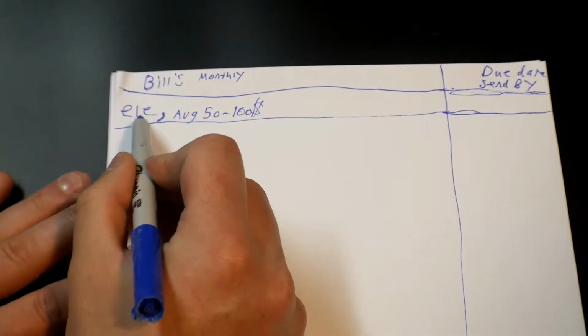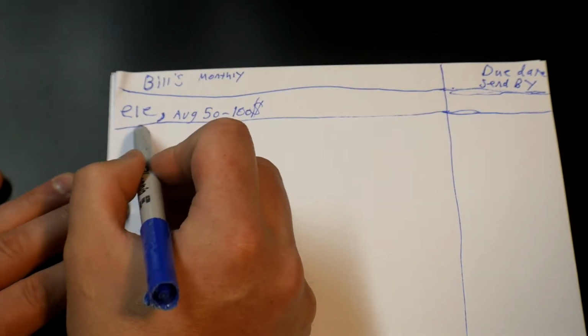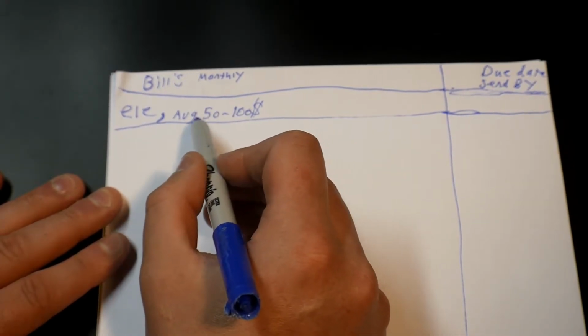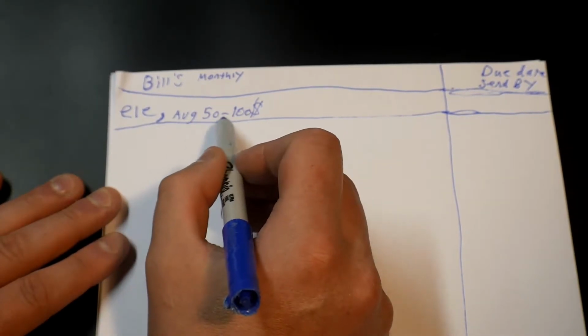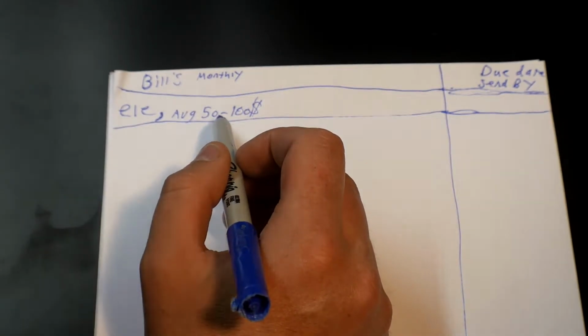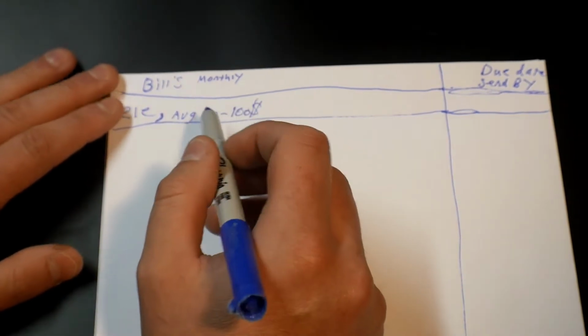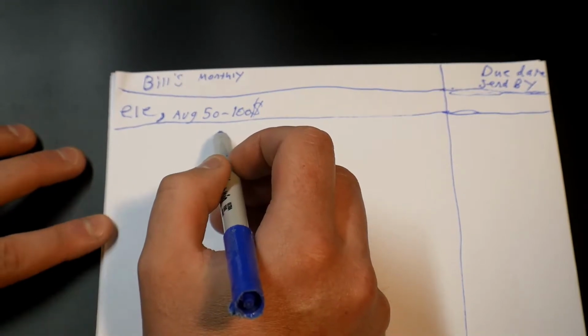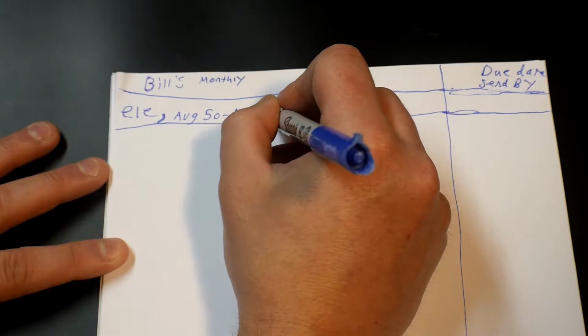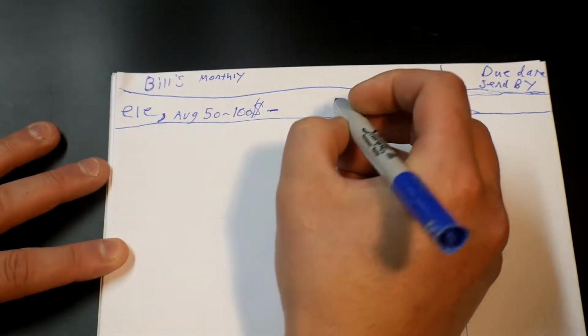so this is what you do. This would be the name of the bill. The first will be the name. The second will be the average cost of that bill. So let's say $50 to $100. Put a low and put a high. Always figure on the higher end, that way you always have money to pay your bills. So we do average $50 to $100,